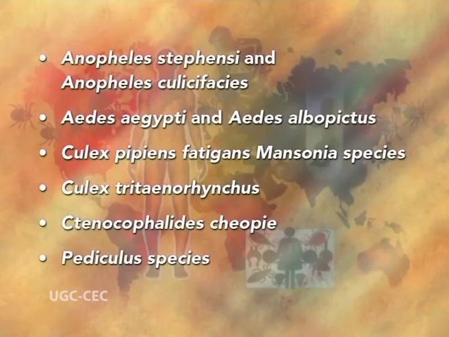Here in this part B, we will study the distribution, biology and control of the previously mentioned vectors. We will also focus on histopathological changes in organs in relation to diseases such as liver cirrhosis, nephrosis and tumor cancers. A few of the arthropods as vectors include Anopheles stephensi and Anopheles culicifacies, Aedes aegypti and Aedes albopictus, Culex,